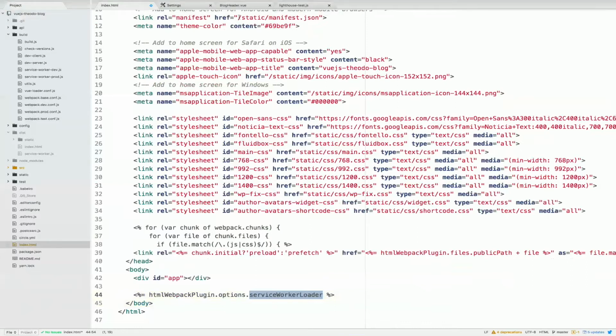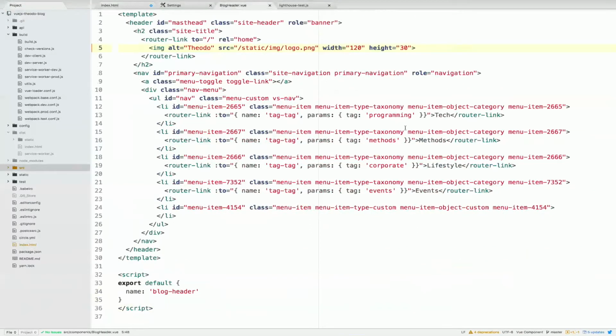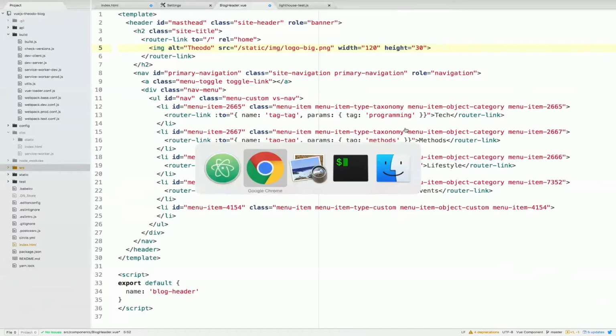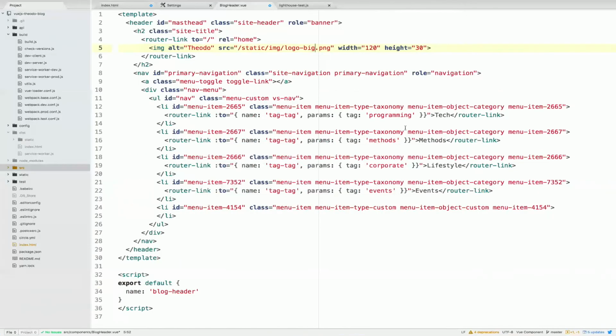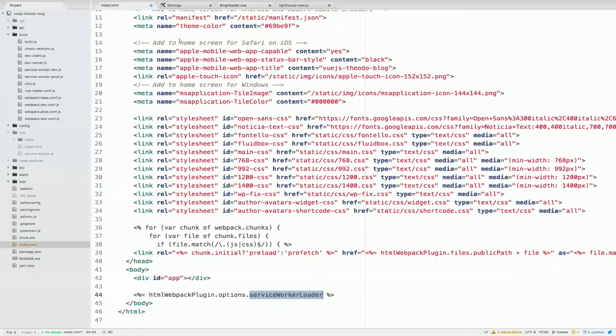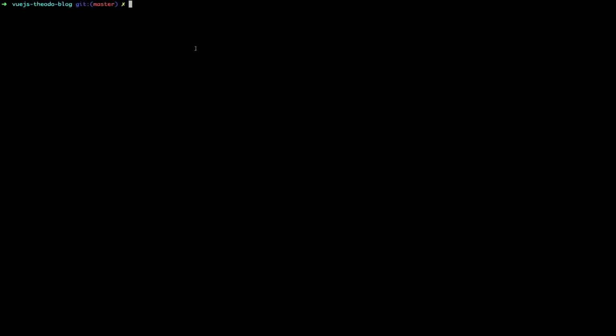Plus, at the same time, I'm going to change this logo at the top of the page by a very heavy image, a 3 megabyte image, just to see what Lighthouse thinks about that. Let's rebuild the app and run the test again.